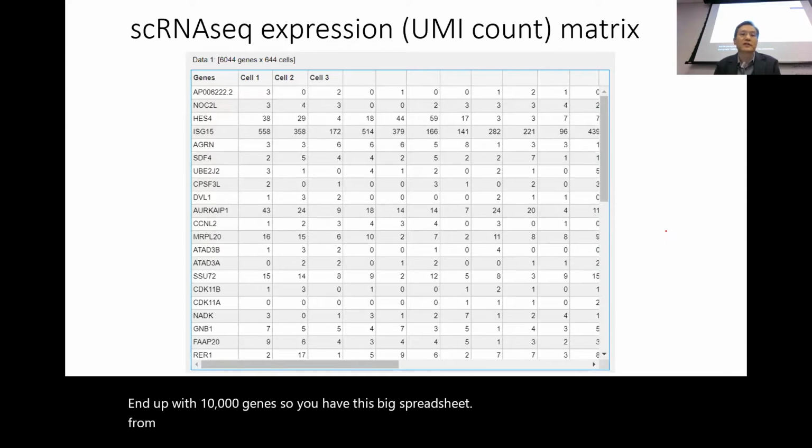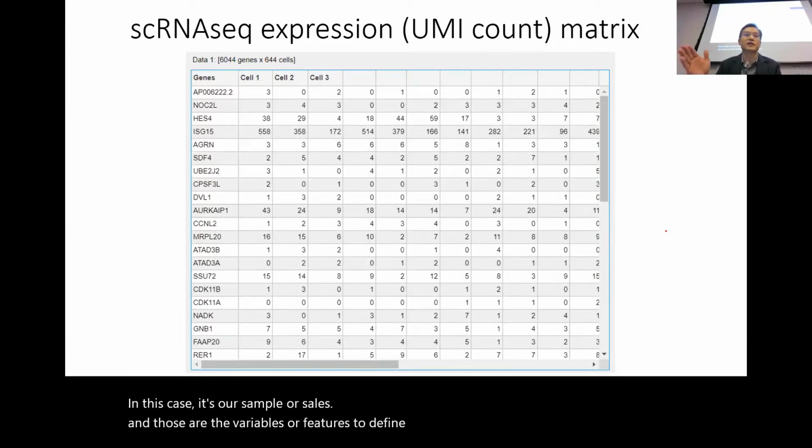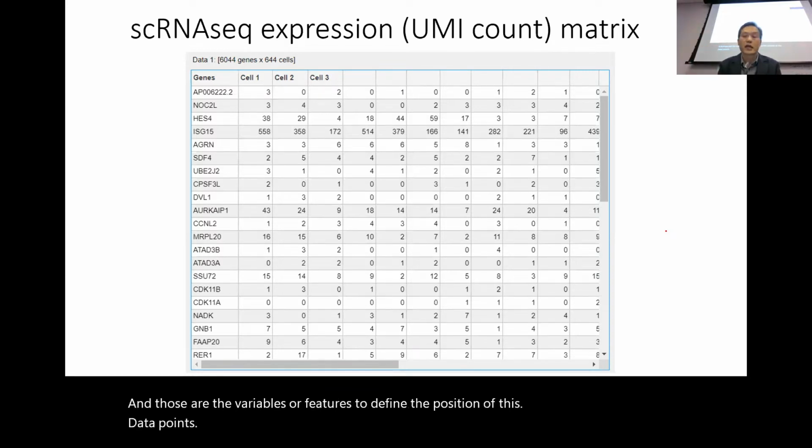From a data point of view, we will consider each column is a data point. In this case, it is our sample or cells. And the rows are the variables or features to define the position of these data points, right? But conventionally, we